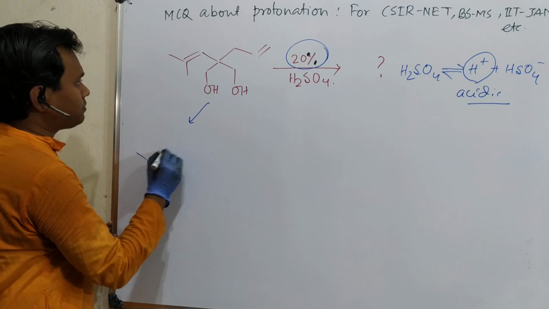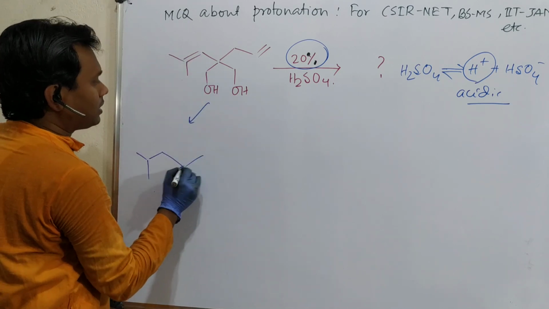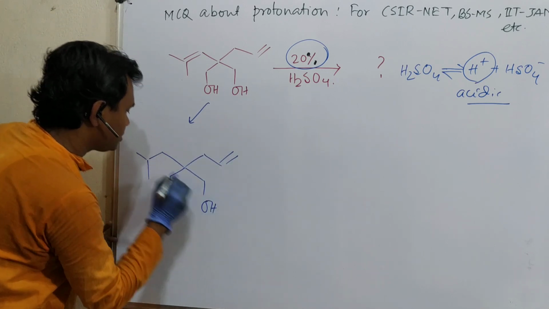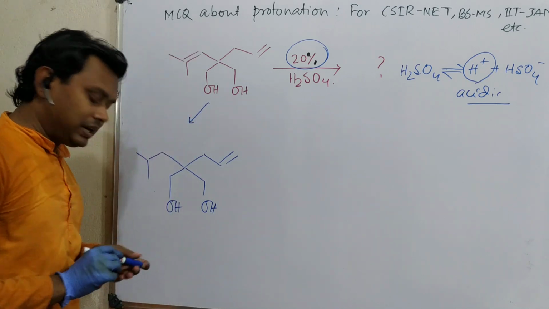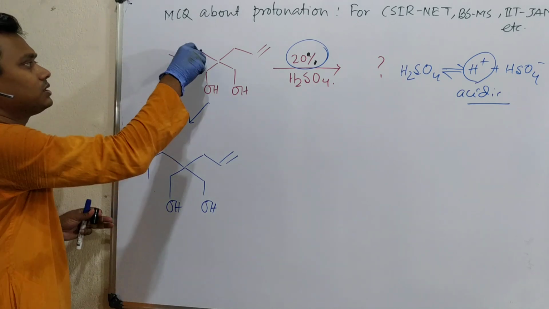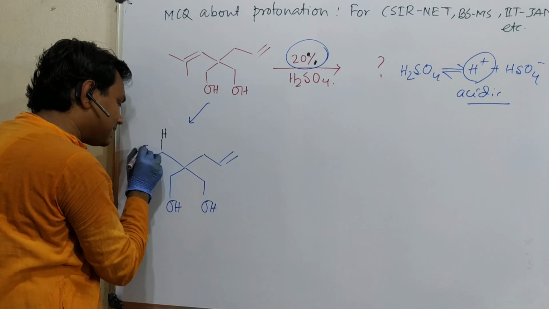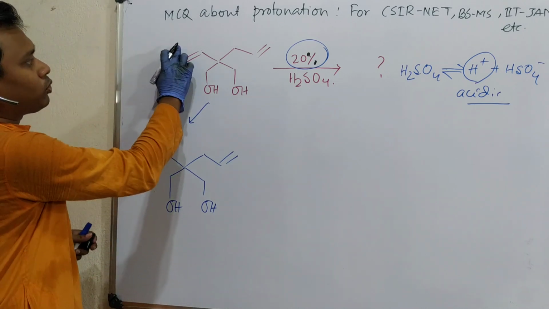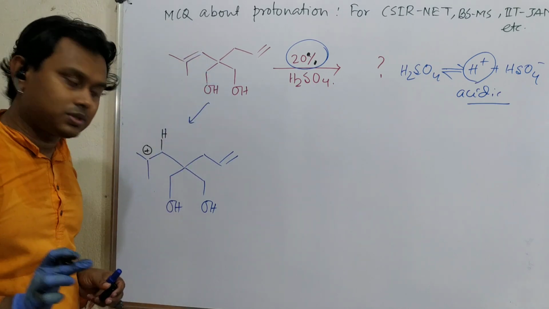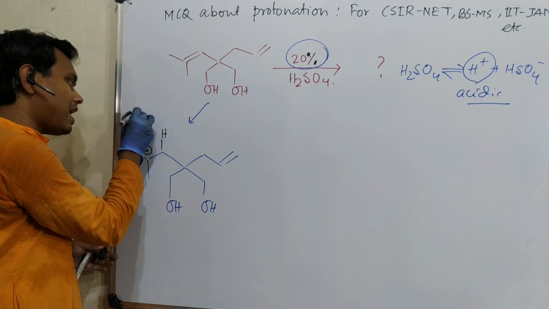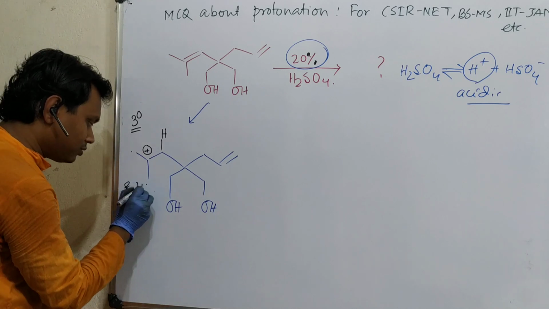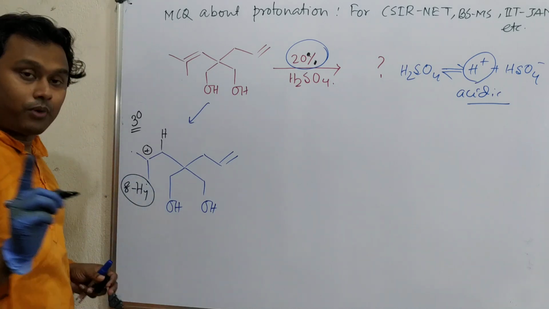First of all, it may protonate this double bond. So what will it result? See where the proton will attach. That's the most important question. In this case, the proton will attach to this carbon, fine, because in the other case the positive charge is tertiary. But if the proton attaches to this carbon, then a secondary carbocation would have been produced. So we know tertiary carbocations are more stable, and in this case 3 plus 3 plus 2, 8 hyperconjugation is possible. So this is stable. Point number 1.